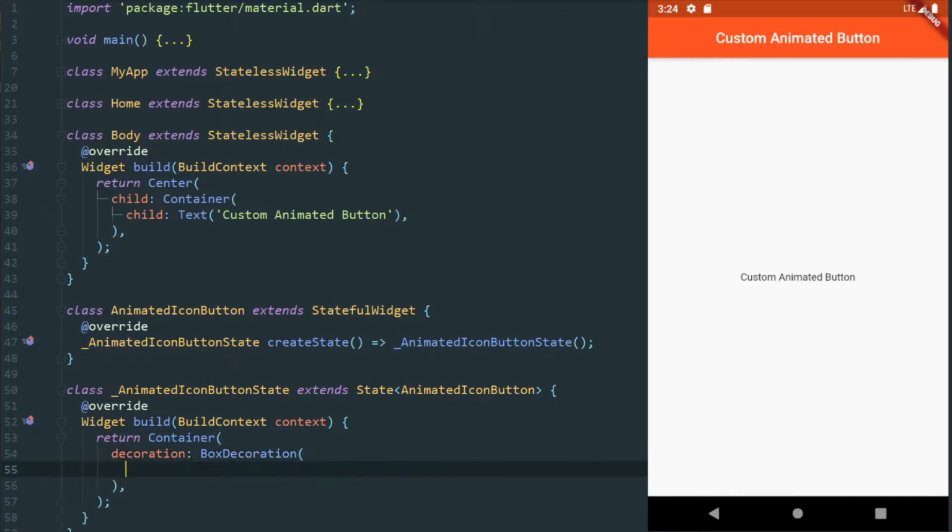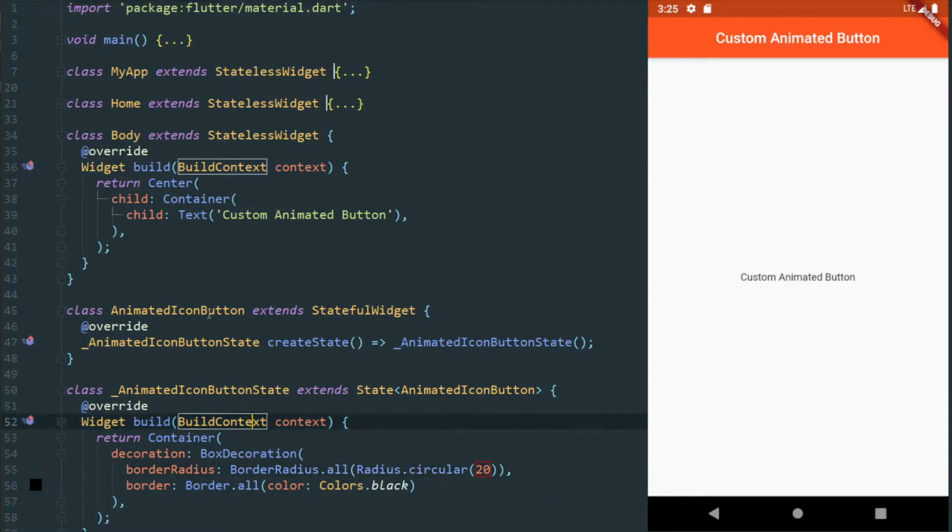on this box decoration we're going to add a border. So let's do border all, and we can just make a typical black border. And I wanted to have some actual border radius, I mean. And for that I'm going to do border radius all, and we're going to do radius circular with a radius of 20. So let's save here. Going to replace our custom text with my animated icon button,